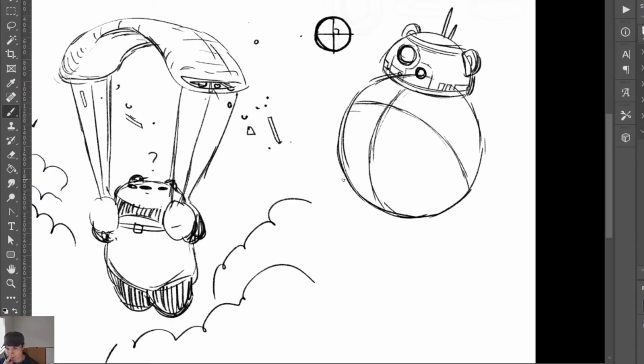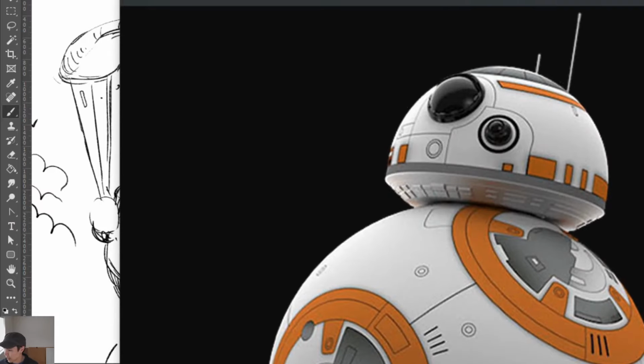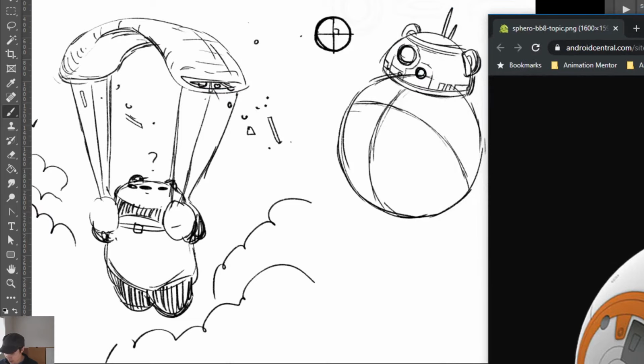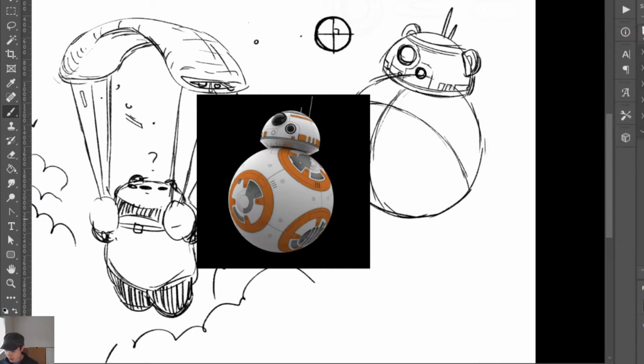And so when you do that, if you actually look at BB-8, let's see, this is a picture of a toy, so it's not quite the same, but let's see here. Let me pull out here. Yeah, so when you look at BB-8 like this, you'll see these, let's see if I can copy it. Actually, that might be better if I just copy it. Okay, so